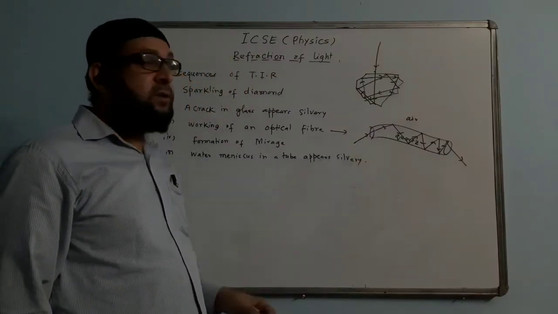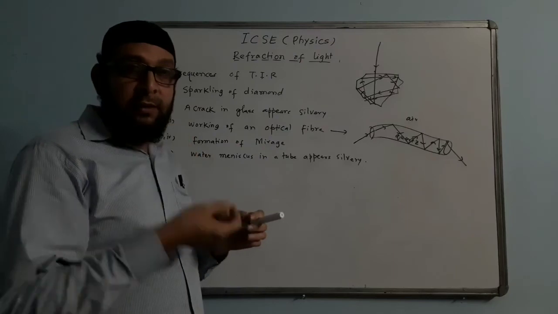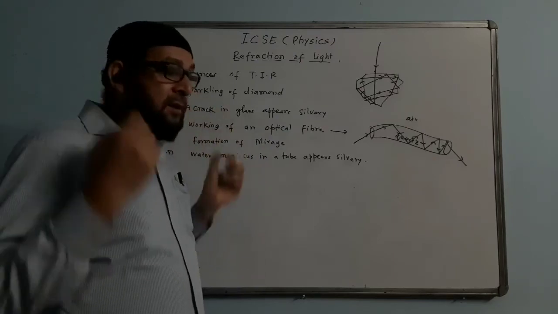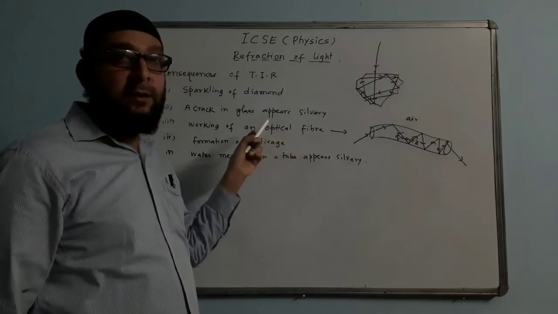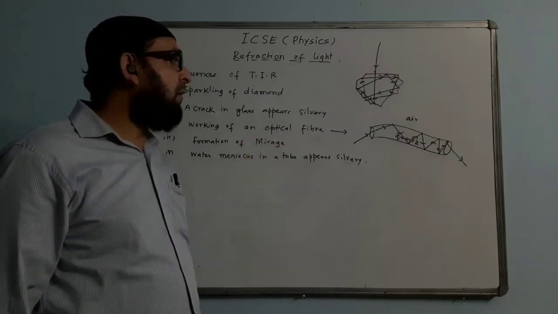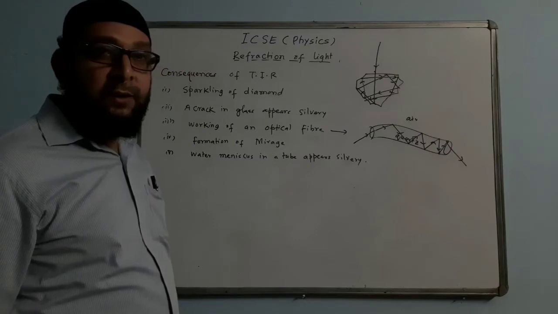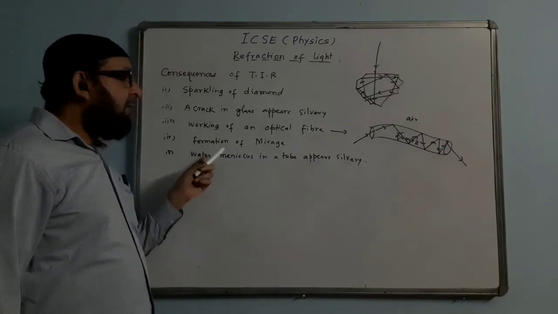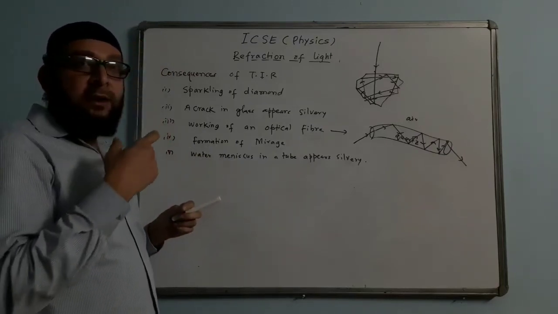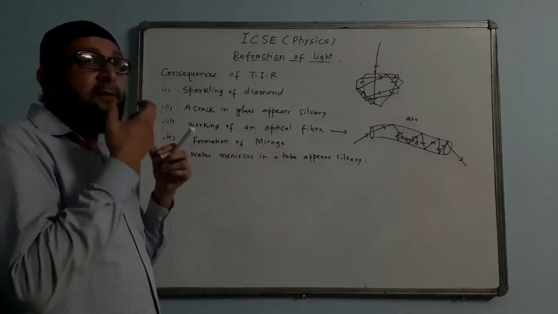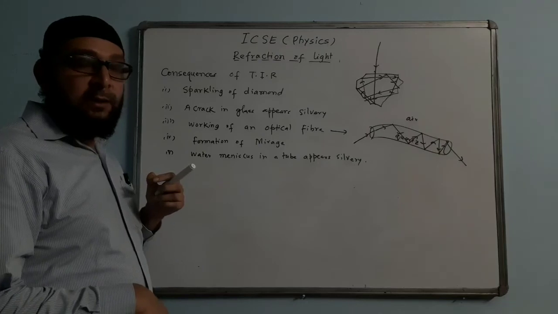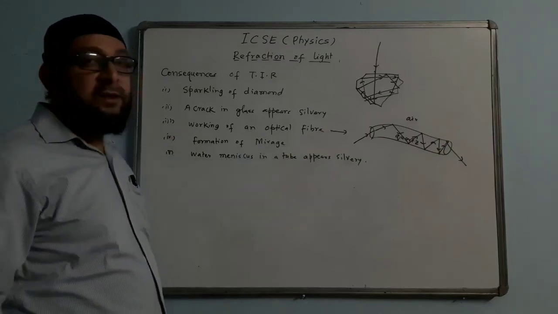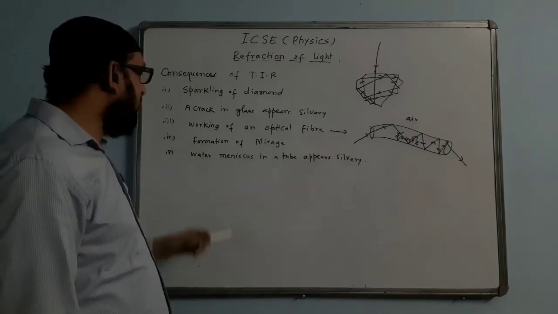Such a pipe is used in computer mouse, computer cable, doctor's stethoscope. They all use this kind of fiber. A special kind of wire they use, that is called optical fiber, where there is no loss of energy. Even endoscopy is done this way. At endoscopy time they put this fiber through the tongue, inside the stomach, and they take the image by using this technique only. Optical fiber is even over there.